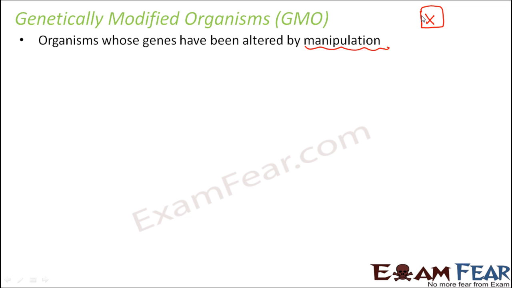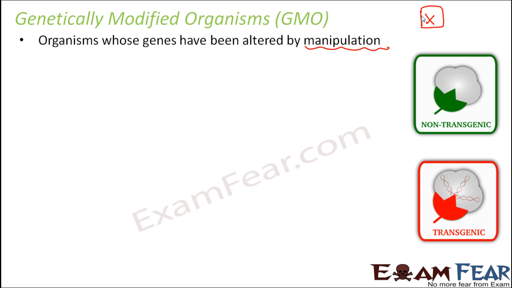So whenever we talk about genetic engineering, it is about manipulation of genes. So we take out genes or we extract genes from one organism, we insert genes into some other organism. So all these kinds of mix and match fall under the category of manipulation. So here again you can see the example of the cotton plant, the one which is not modified and the one which is modified. So any organism which is genetically modified is said to be transgenic.